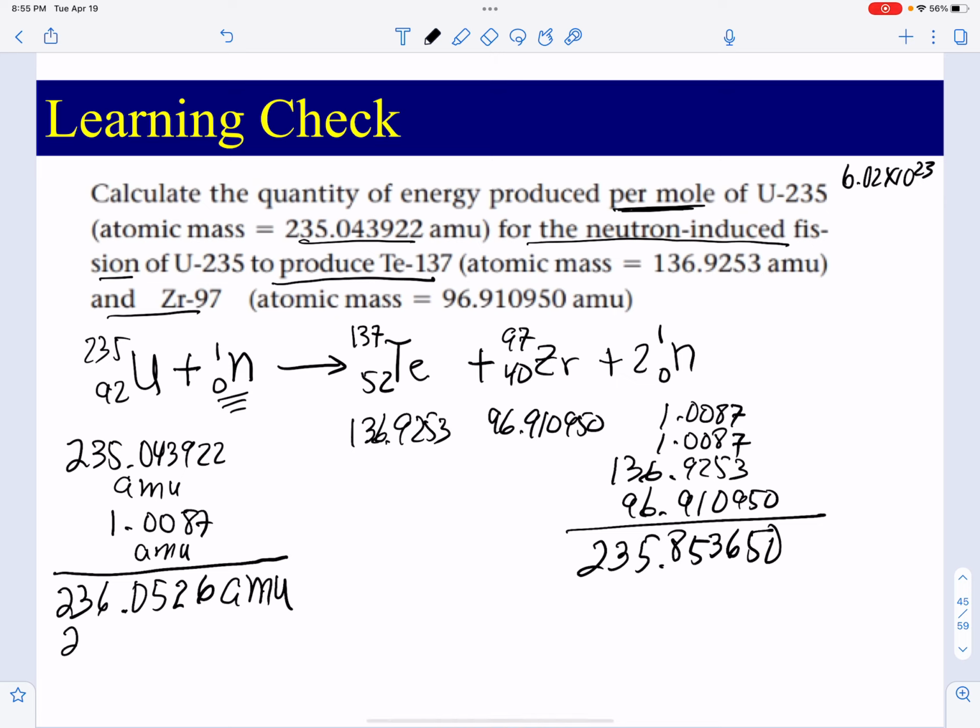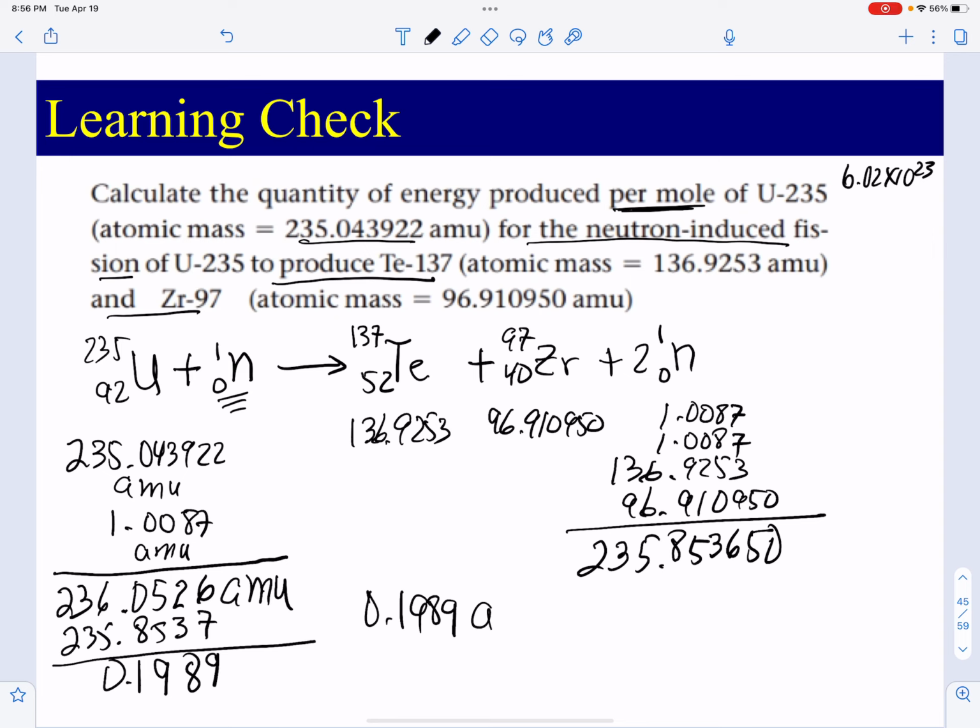236 minus 235.8537, let's say. That's going to be 0.1989. So my mass defect on this particular reaction is going to be 0.1989